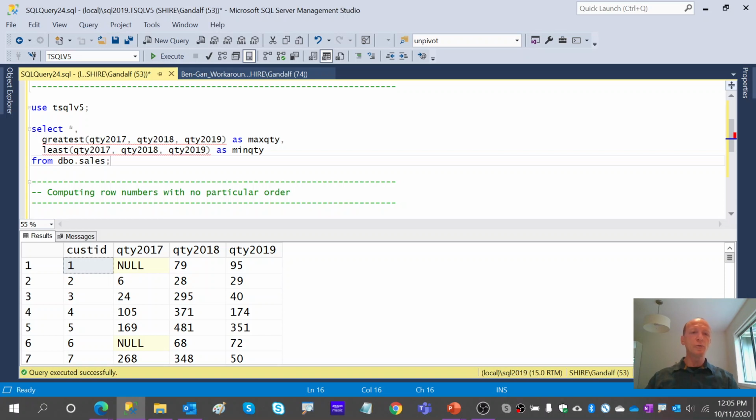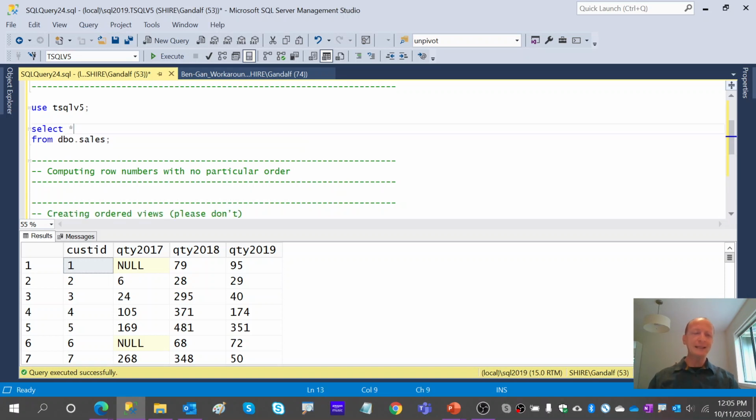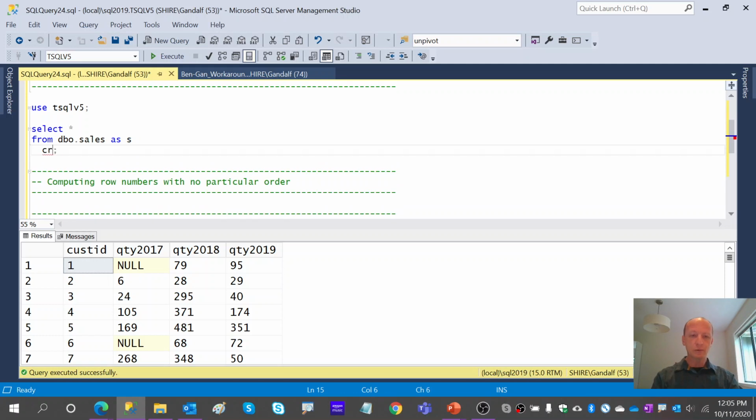First and foremost, we will unpivot the multiple columns into multiple rows, holding a single measure, which in this particular example would be the quantity measure. So let's say we name this sales table S, and then cross apply. Then here we'll create a table expression that we'll name A. Within it, we'll unpivot the columns into rows. The way we'll achieve it is we'll use a query that will apply the aggregate computations.